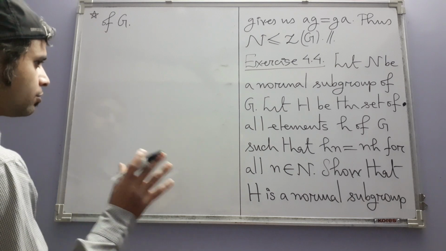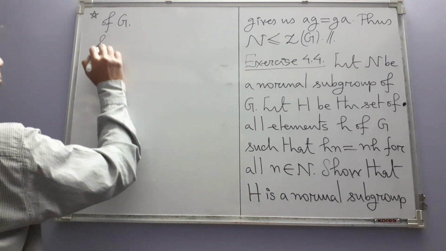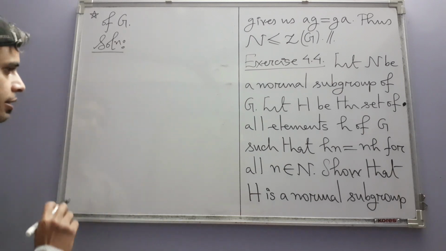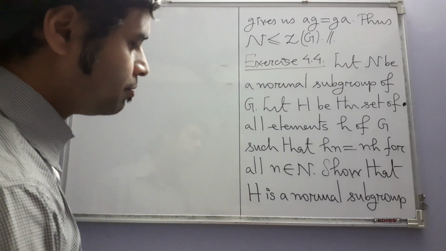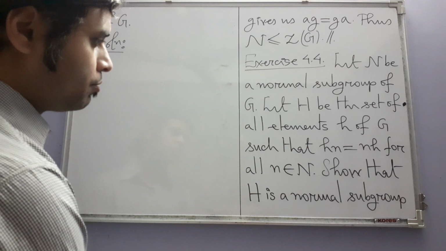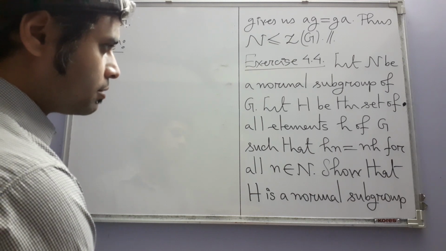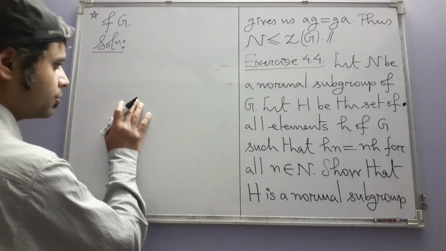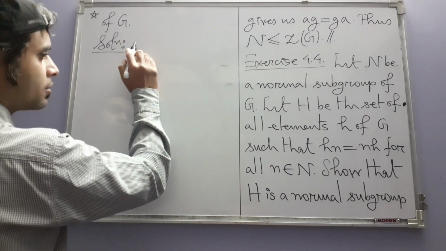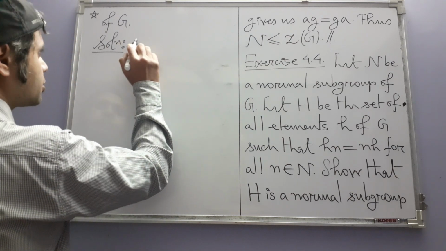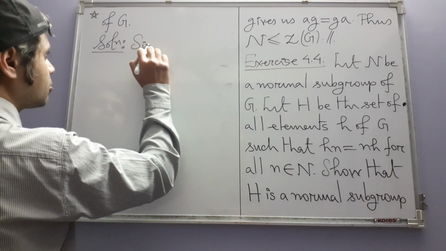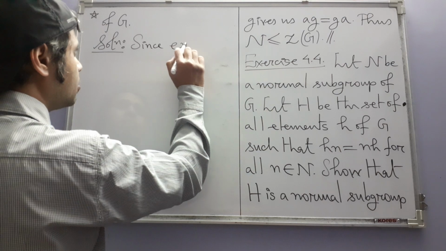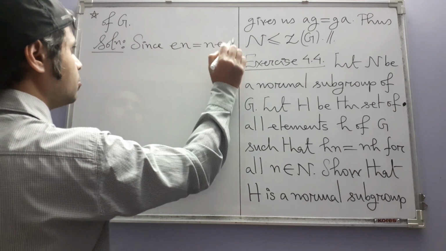So we have two parts. First we have to show that H is a subgroup of G, and then we have to show that H is normal in G. So let's go through the subgroup part first. Since en is equal to ne